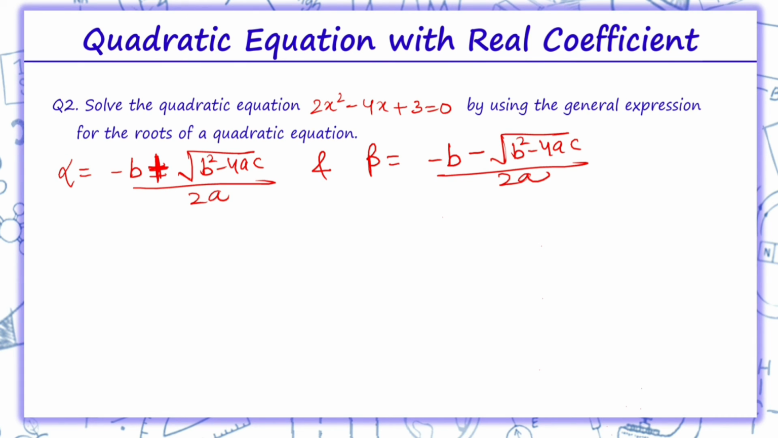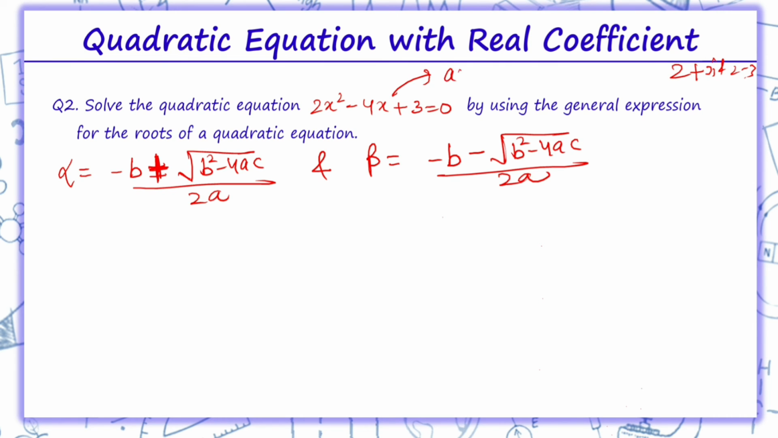Always remember one thing: if b square minus 4ac is smaller than 0, the roots are complex and conjugate to each other always. So complex roots of an equation with real coefficients always occur in conjugate pairs, like 2 plus 3i and 2 minus 3i. But this is not true in the case of an equation having complex coefficients. That we'll discuss further. So now substituting the values over here,